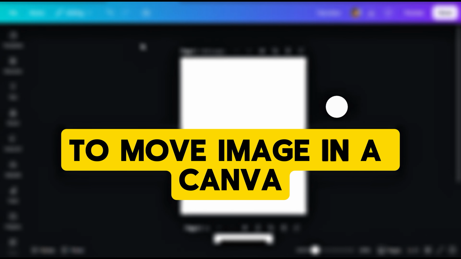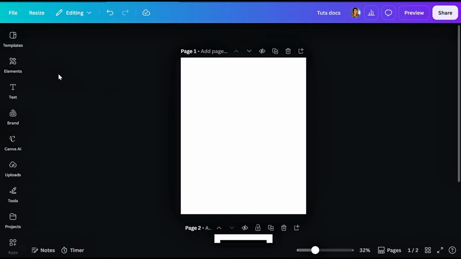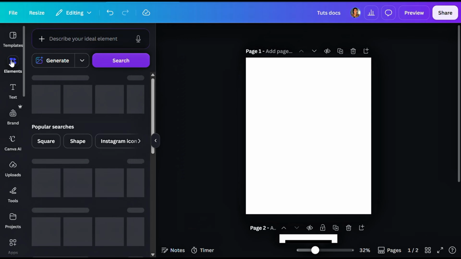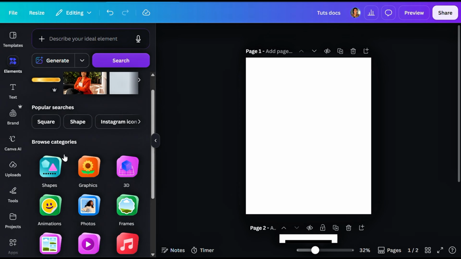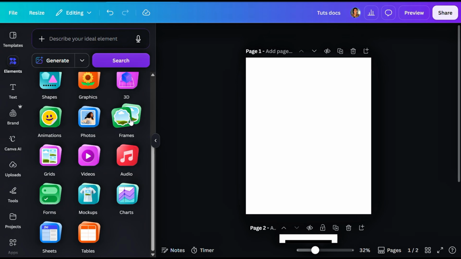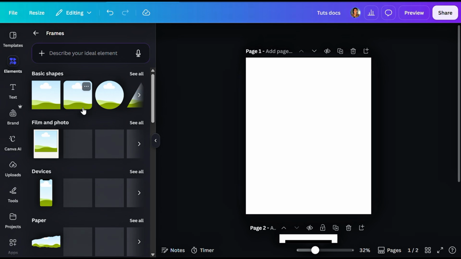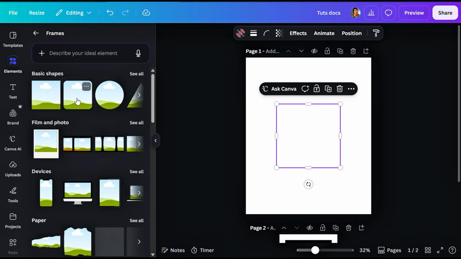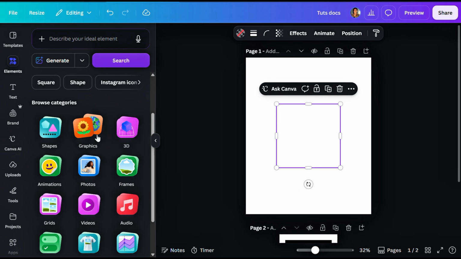To move image in a Canva frame, let's go to our elements here to bring in a frame we want to work with. Let's come over to frame and we are going to select any frame of our choice. Let's keep this frame here and let us go back away from the frame to bring in any image of